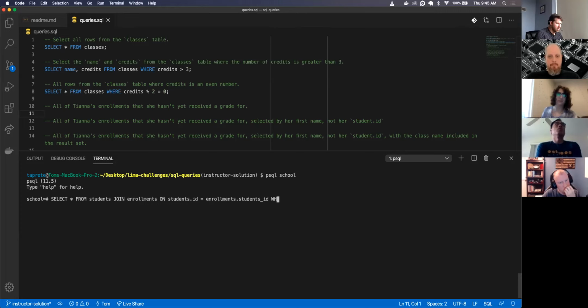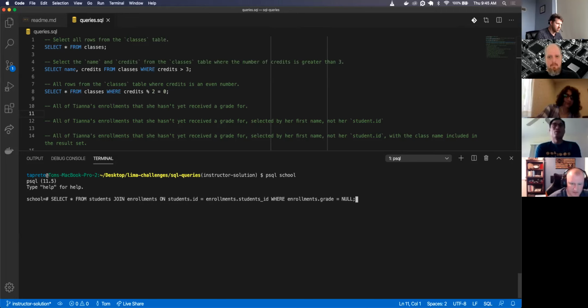Where was there a grade column? I can't remember now. Yes, I believe so. Grade equals null. So enrollments.grade equal null. Is it equal null?